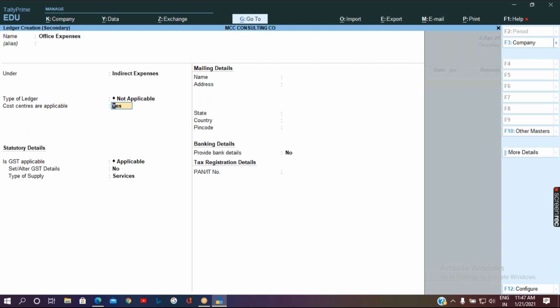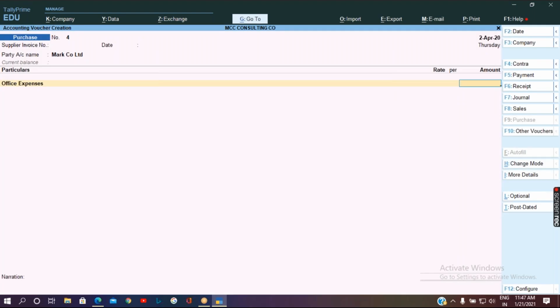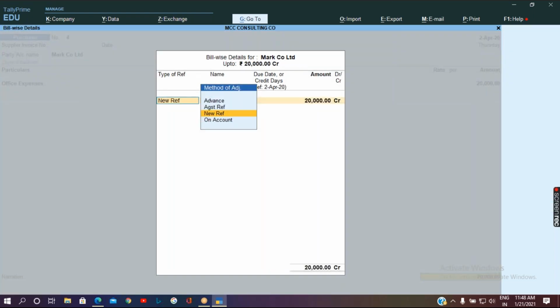Here you can see that by default the cost centers are applicable. It is set as yes because it is a revenue item, so it will be enabled by default. Let me make GST as no. As of now, we'll accept it. We'll give the value of rupees 20,000. Once after selecting the expenses ledger and giving the amount, we will get the bill-wise details.